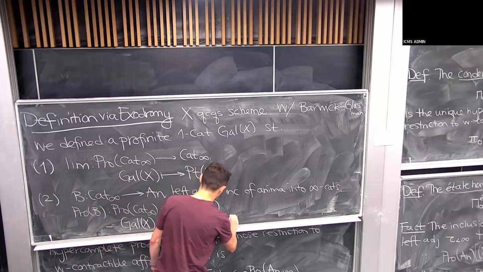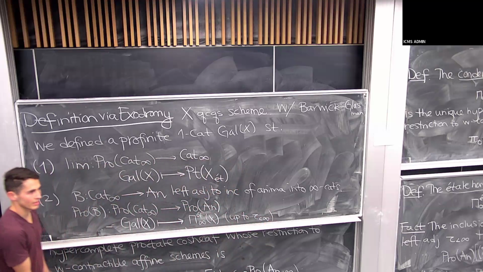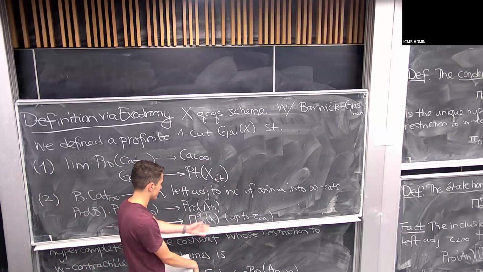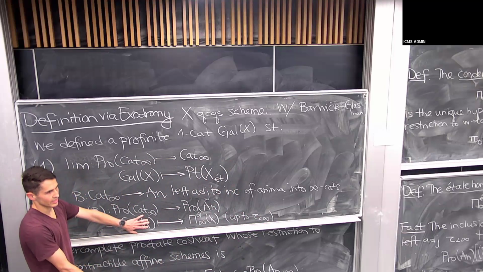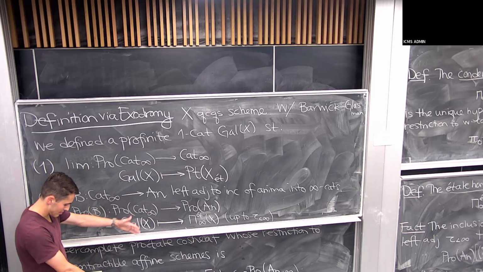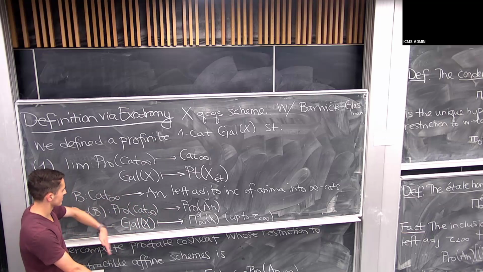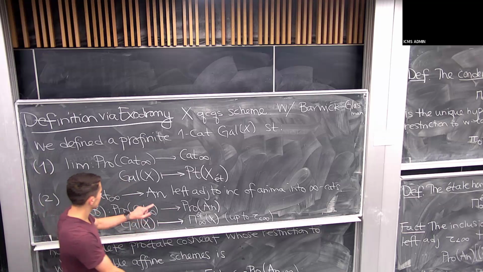At least, yeah, up to this pro-truncation nonsense that you have to deal with. Thankfully for me, Clark has already told you maybe the first thing that this pro category actually you can regard as a condensed category, and wrote down a formula explicitly how to regard it as a condensed category. So there's an embedding of profinite infinity categories into condensed infinity categories. And then you could also form the analog of this pro B there and ask what happens.